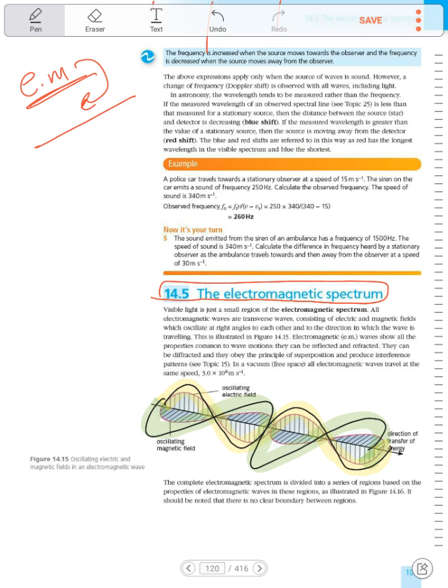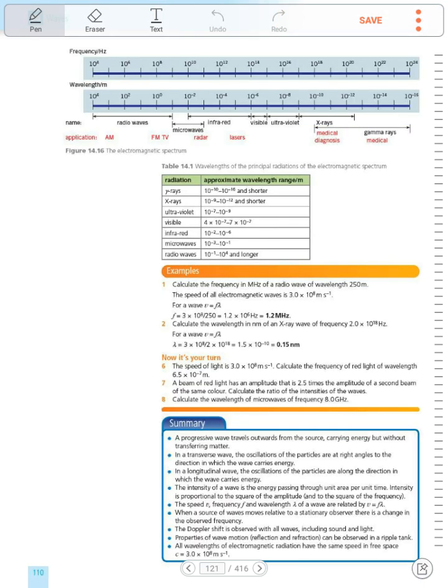Okay, the electromagnetic waves have the same speed in air or vacuum, which is 3 times 10 to the power 8 meters per second. And we have many types of electromagnetic waves. The electromagnetic waves consist of a big family. Let's start